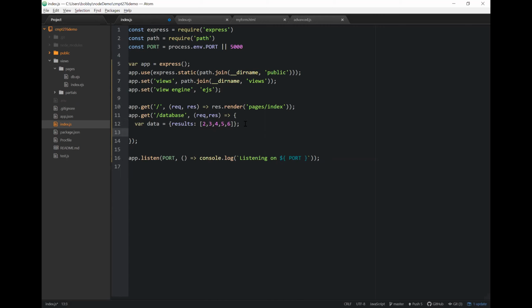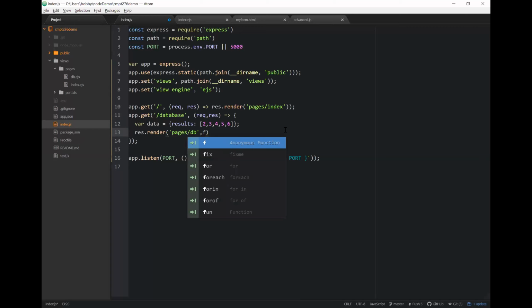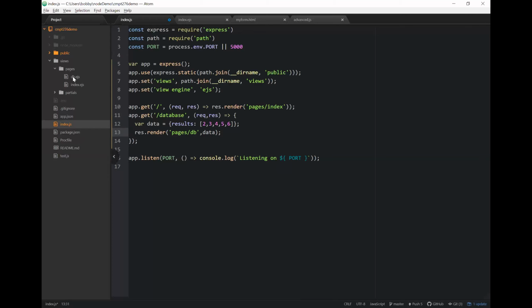So the next thing we're going to do is a response.render. You see, same thing that we're doing here. And I'm going to render pages slash db. So that means I'm going to render this page, and I'm going to send in my data. Okay, so response.render the pages, and I'm going to send in that data. So now, presumably, this data object is going to exist now in